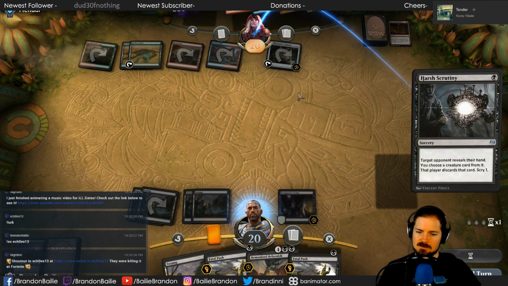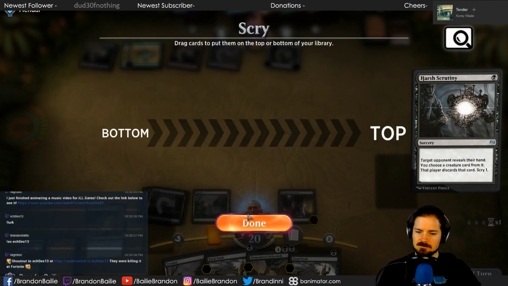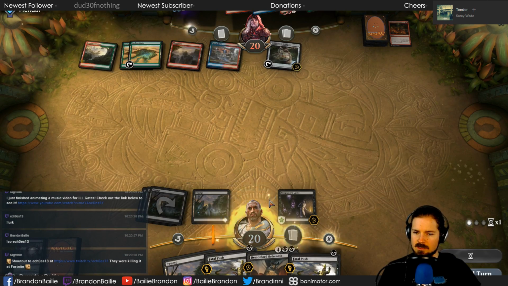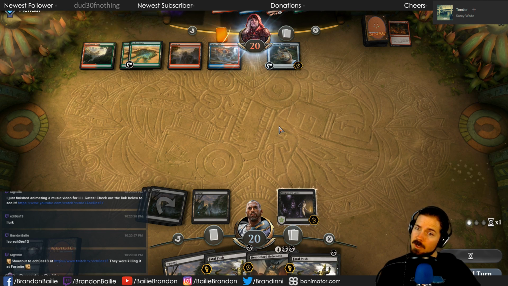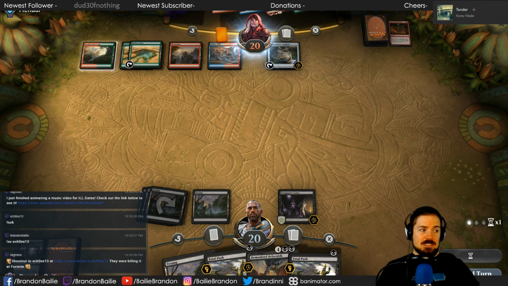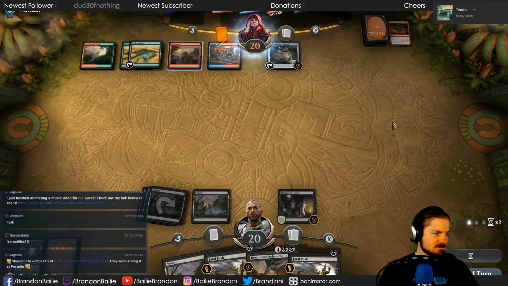Yeah. Dang. Just, ooh, Cast Down. I feel like we definitely want to hold on to that. Because if he plays some sort of creature that's like a big bomb that's not legendary, that's probably going to be the only thing that saves us. So, we shall see.